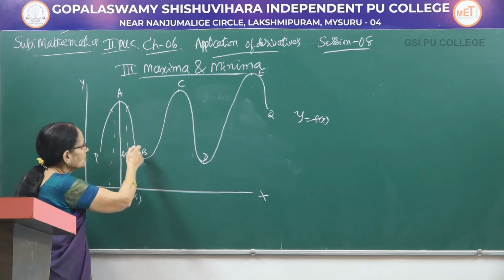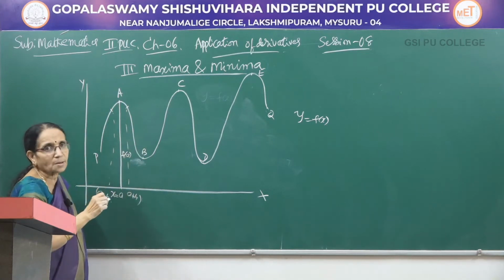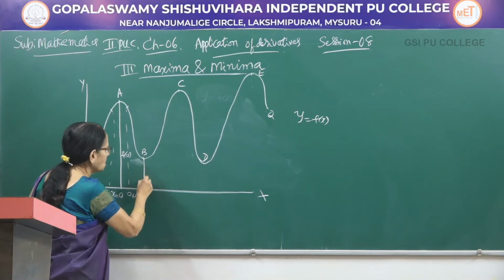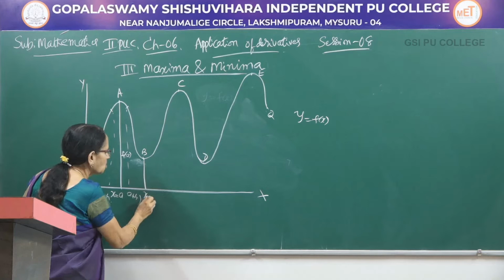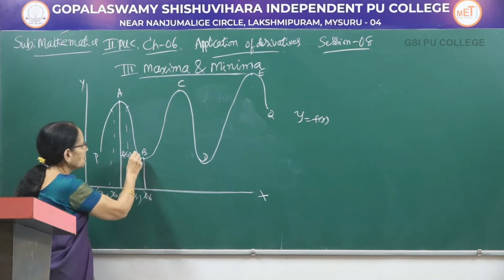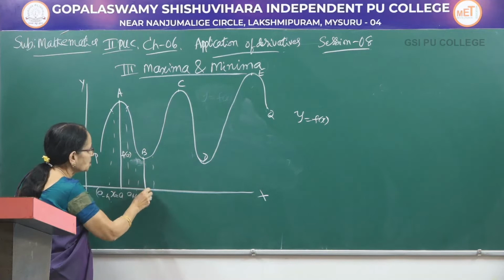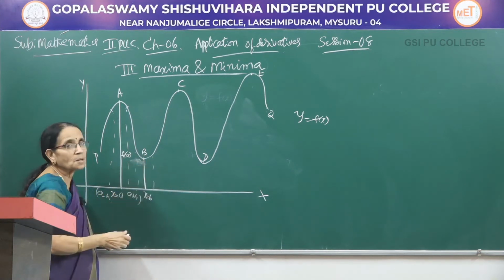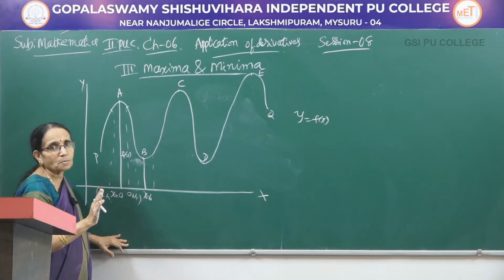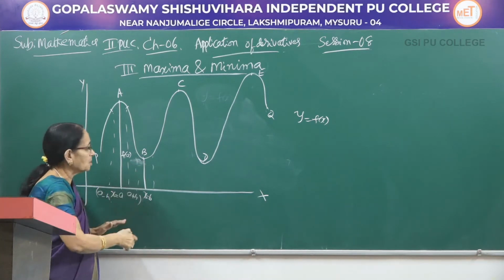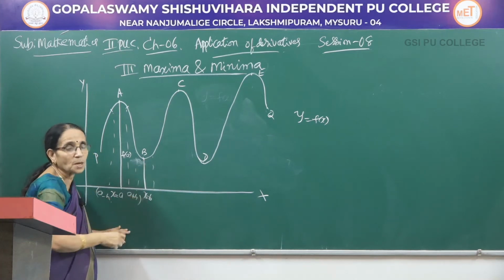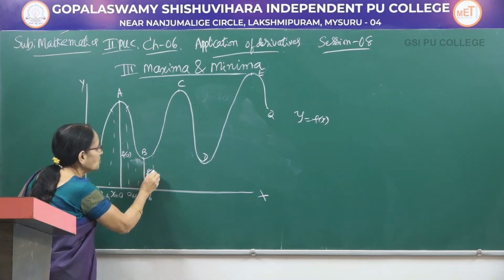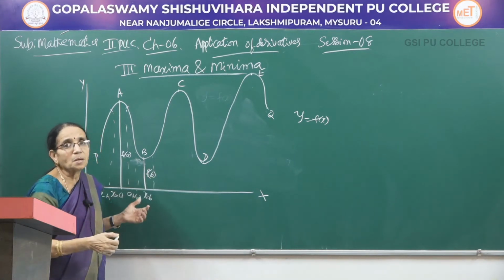Similarly, you observe from a to b, the function is decreasing. From b to c, the function is increasing. At this point again, suppose you take this as x equal to b. If you take a small neighborhood again here, you observe that in this small interval, at this point the function is attaining a least value. In this one, it is the smallest value. Therefore, we call this point x equal to b the point of local minima. And this value, f(b), is a local minimum value.